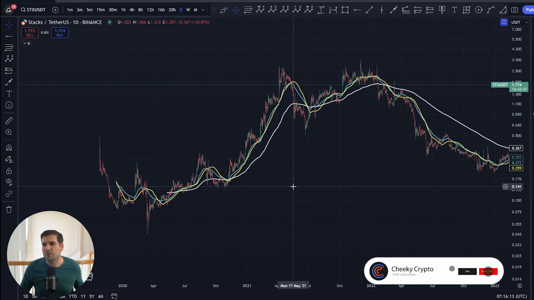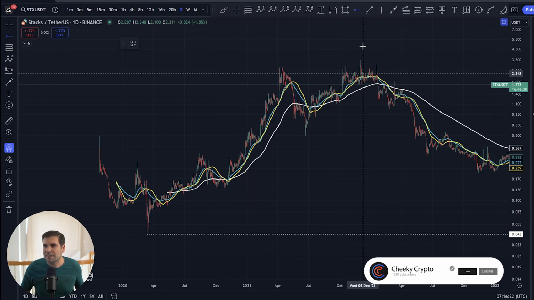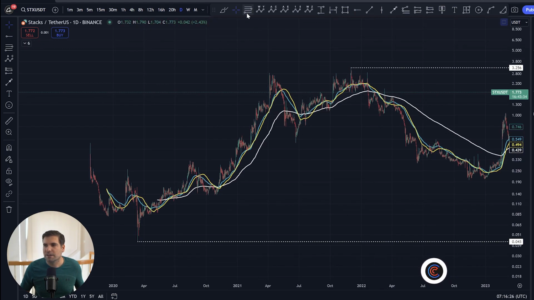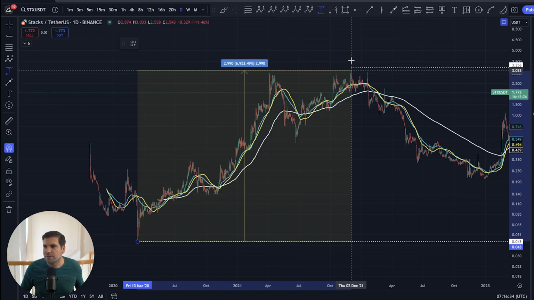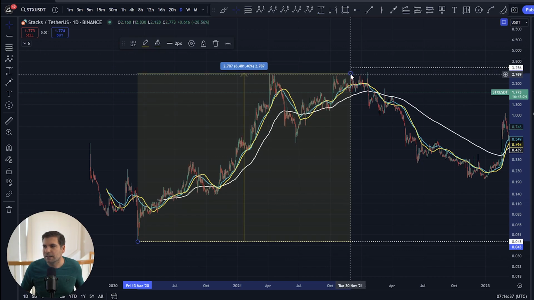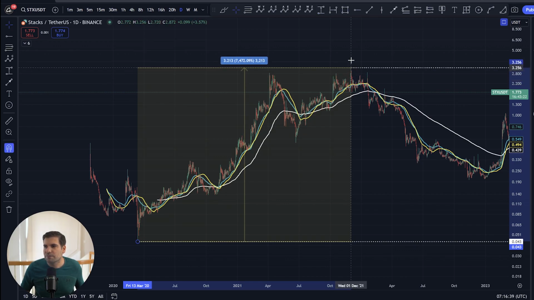The main point that I'm talking about here is that our swing low of March 2020 for Stacks, to the swing high that we had in November of 2021, is corrective. Okay, so although there was a good move to the upside, and I mean it was a very good move to the upside, we saw this entire run up a total of